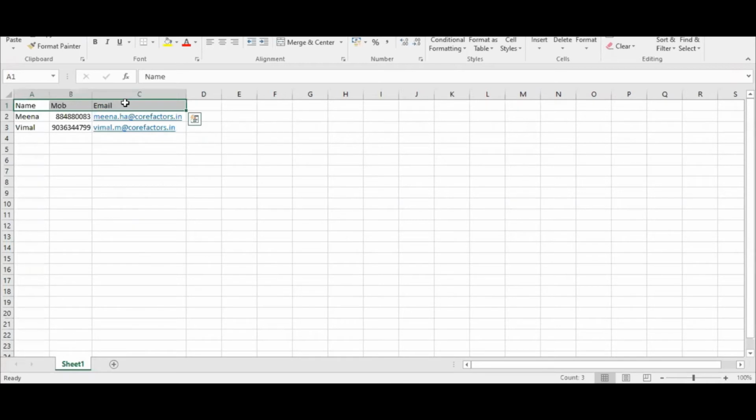Okay, so for this particular campaign, or any campaign that you want to run, the list is very much important. Be it for sending out bulk SMS campaigns or for email campaigns, make sure that the mobile number for SMS campaigns, email IDs for email campaigns are there.